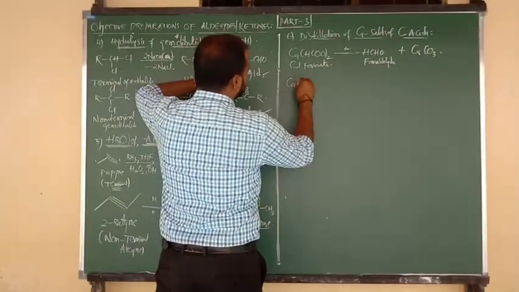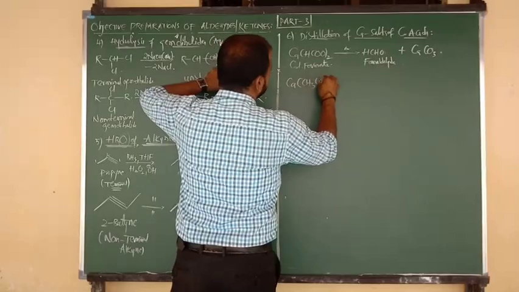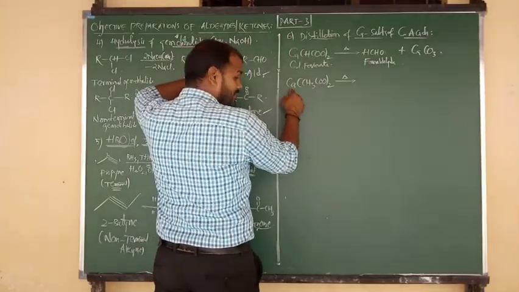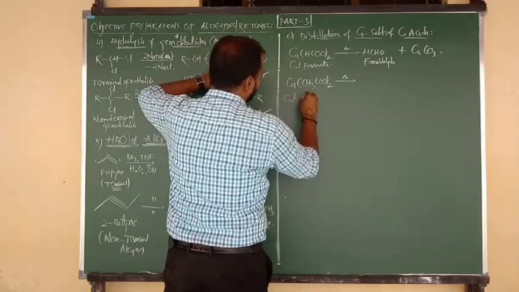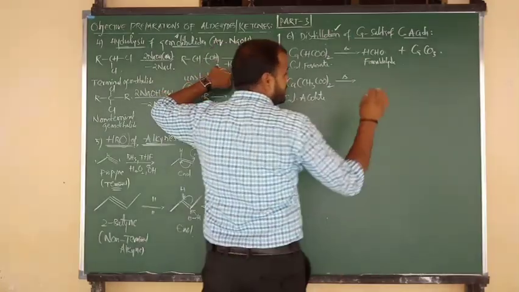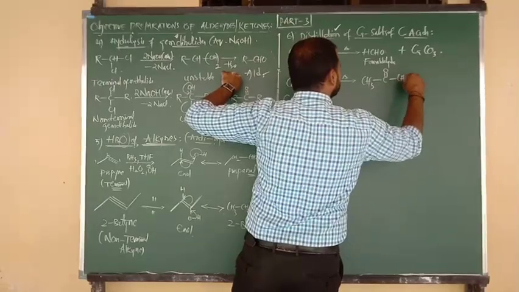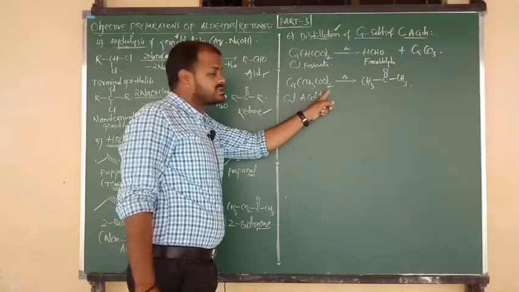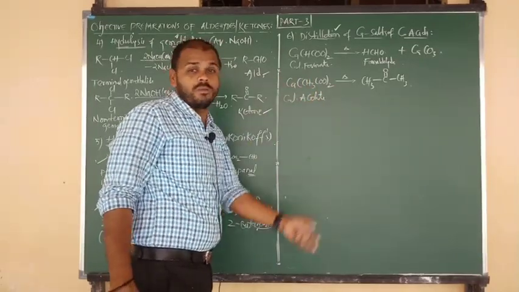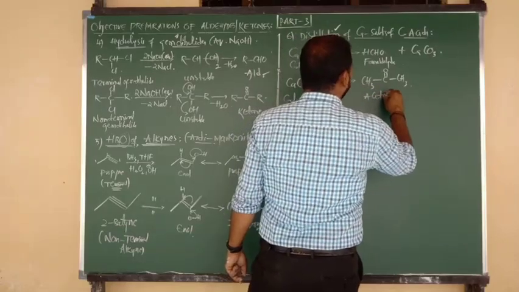Next, another salt I am going to consider, calcium salt only. Ca(CH3COO) taken twice. So what will be its name? This is the acetate ion. Which acetate? Calcium acetate. Calcium acetate upon heating, or we can say upon distillation, the product formed is a very important ketone, that is nothing but acetone, because CH3COO is taken twice. So how many methyl groups are there? Two methyl groups are there. So by using such two methyls we can prepare the ketone, that is nothing but acetone.